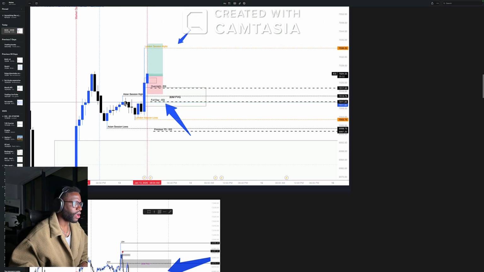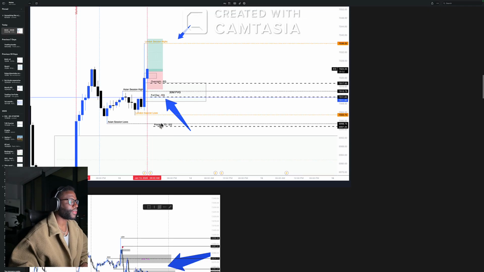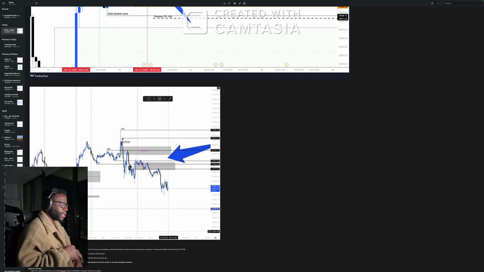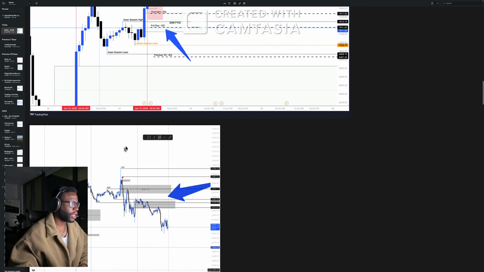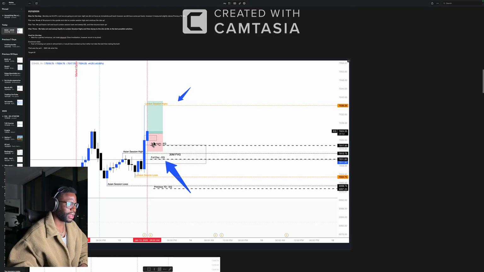I think here I got stopped out on my TradingView. On my Top Step, I got stopped out, and then here on TradeLocker, I saw the break of structure to the downside, and therefore I was able to ride this wave down here. And I could have kept going down to Asian session lows, and then of course I didn't. But nonetheless, the next day I was just like, you know what, we're gonna let things ride, and so on and so forth. Here I got stopped out on the 13th, which is fine. I think I lost quite a bit. I think I risked like $1,000 on the TradingView, but I'll go over that later.